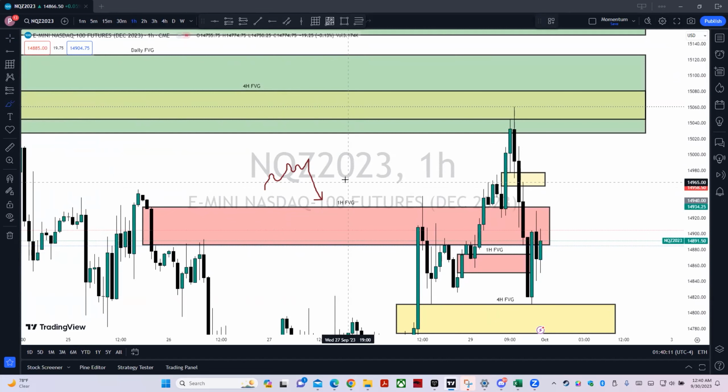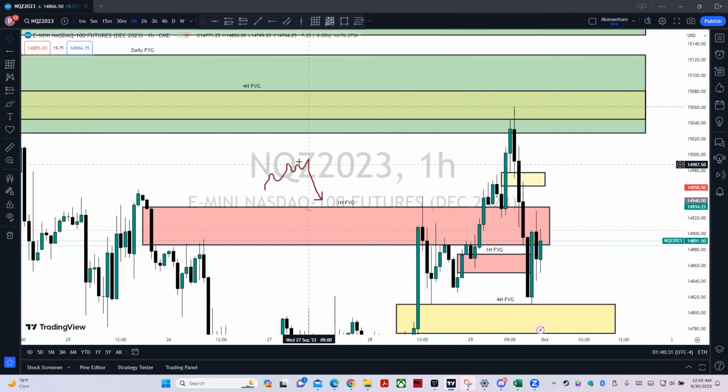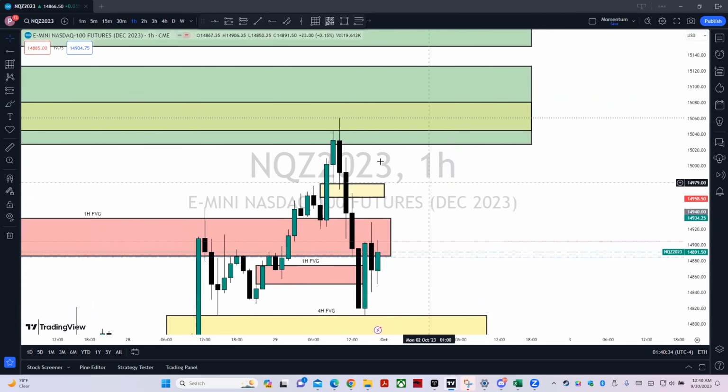It's more so, and I've noticed this happening a lot, it's usually a very short squeeze. So you still get the same choppiness coming up. They get the spring, and then it comes all the way down. So I've noticed this has been happening a lot. So those who go short here get absolutely demolished. But lo and behold, we test the midpoint of the 4-hour fair value gap,